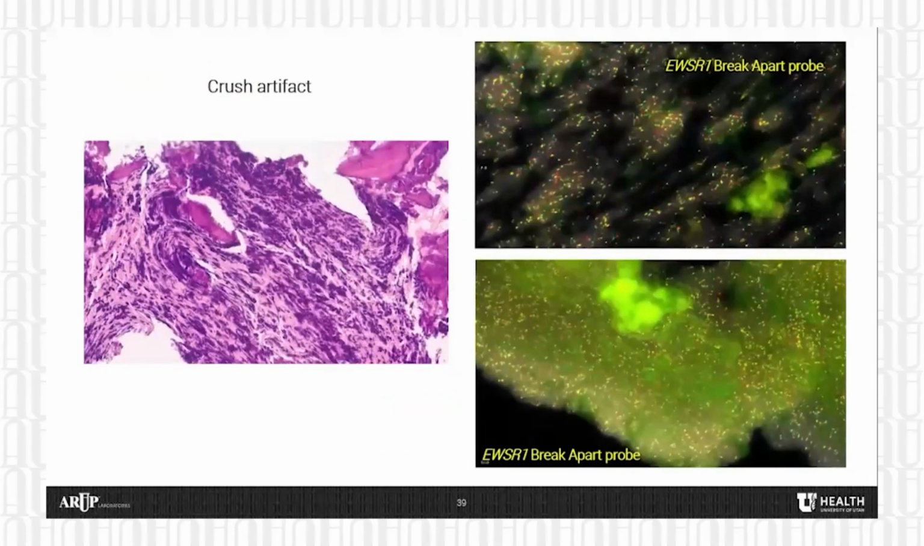I just wanted to mention 2 kinds of artifacts that we encounter with solid tumor FISH. One is crush artifact. If you recall, for sample adequacy, I mentioned that we need 50 to 100 intact tumor cells. So this is an example of a small